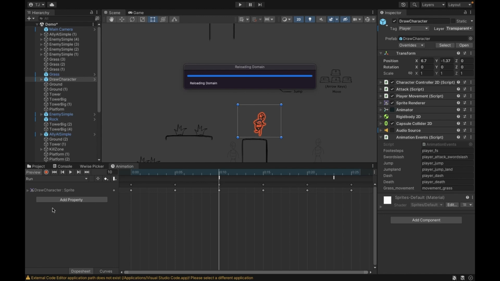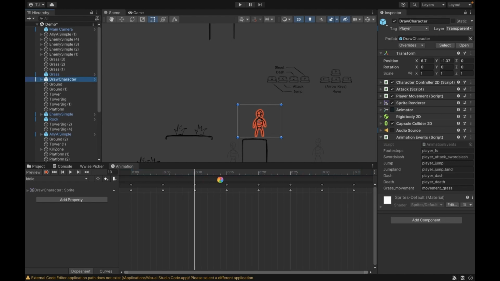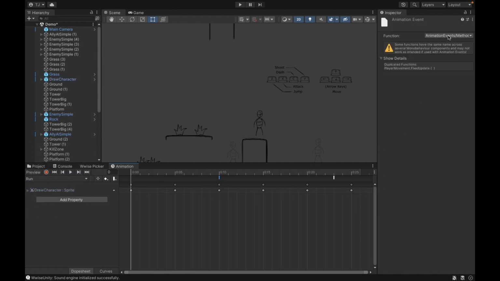Okay, when you write a custom script and save the script, Unity will recompile it and import it again if it needs to. Okay, so on our animation event, from this drop down we can select the function that we just created. So in our animation event script methods, we just created this footsteps function, and now I'll do the same for this second footstep as well,